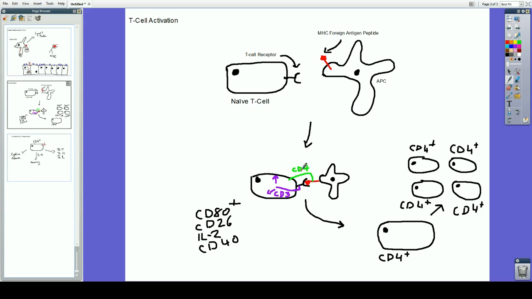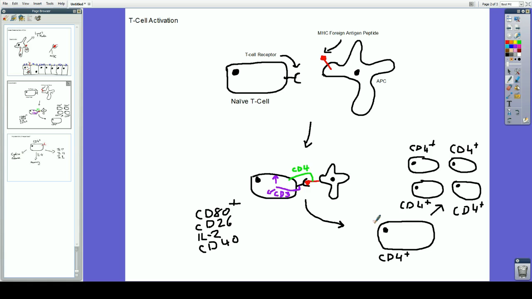It has to have all these co-stimulatory molecules in check in order to actually have a naive T cell become an active T cell. So depending on whether you get CD4 or CD8, you can get CD4 cells and CD8 T cells. The CD4 ones become things like T helper cells, and our CD8 cells become cytotoxic T cells, so killer T cells. But in our example, we've used a CD4, so this now activated T cell,